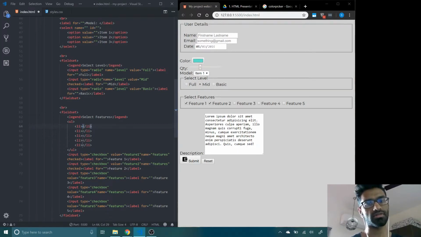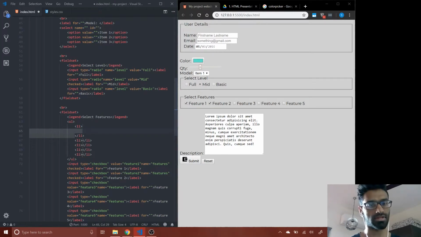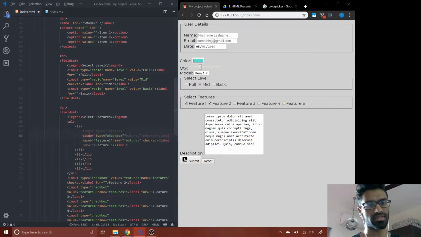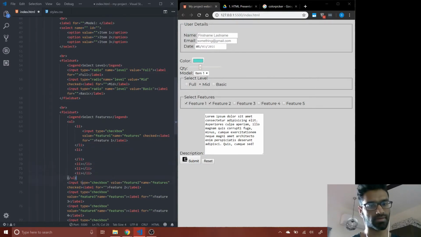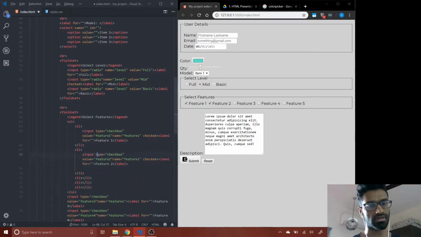And I'm going to paste each one of these checkboxes inside a list item. So this is how we're formatting our form. I take this input and I move it into that one. I'm just going to do that again for all of these. Then I move this input and